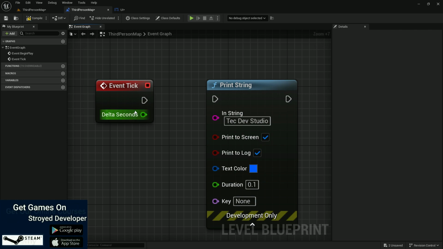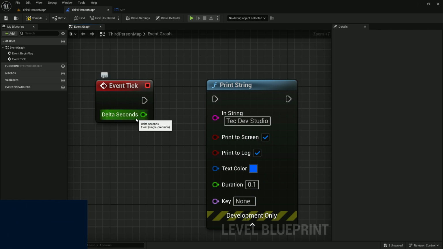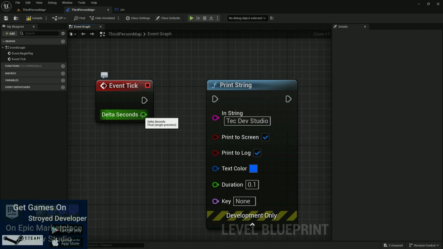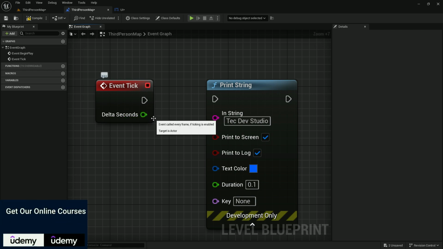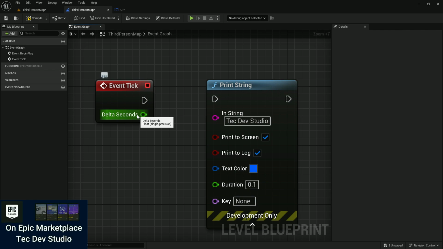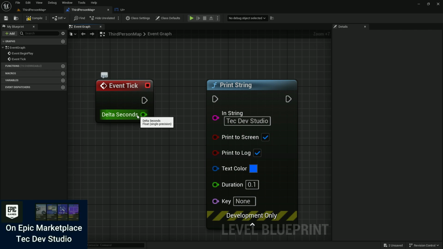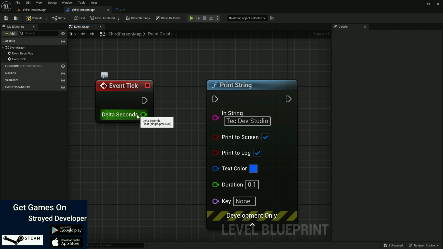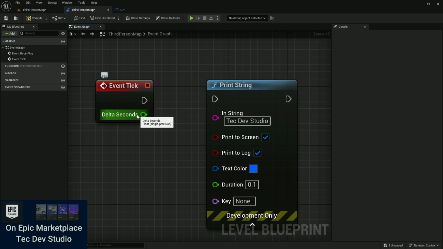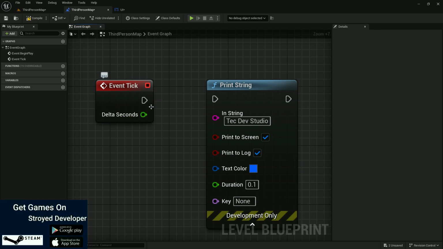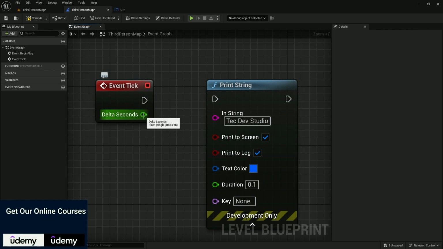Now from Event Tick, you find Delta Seconds, which is basically a float. How do you understand this is a float? Because it's a green color, but a more light green. I'm not sure what it's called in your country, like in my country, Bangladesh, it's called the teal color. We don't even say the color, we say it in wrong. Okay, something like that. So in Delta Seconds you can see that this is basically a light green,